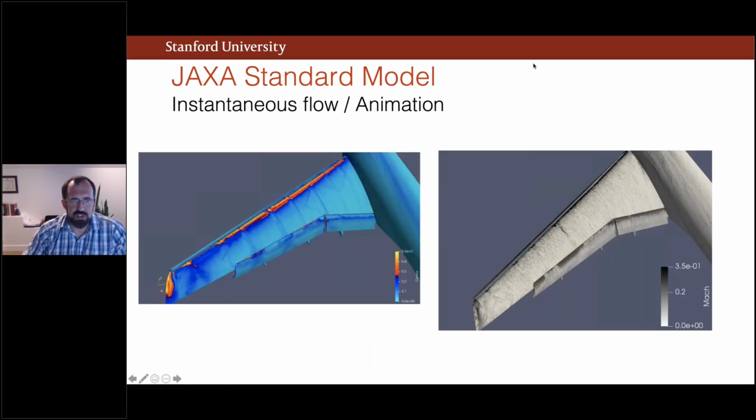This slide is really just some pretty pictures and shows flow structure over the wing. Bear in mind on the right side, you see surface Mach number. You would expect this ordinarily in a resolved simulation to be zero, but bear in mind that use of the wall model changes the boundary condition from a no-slip condition to a shear stress condition. And since the first cell of the LES is relatively thick, it is actually expected to see non-zero flow at the surface.